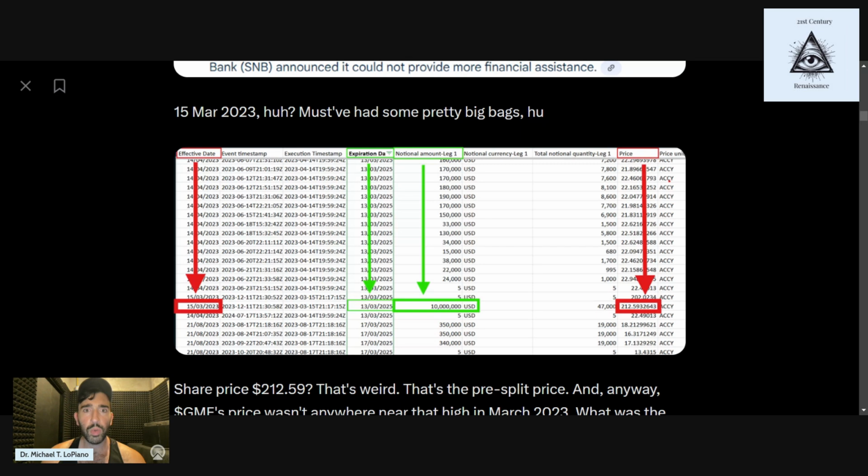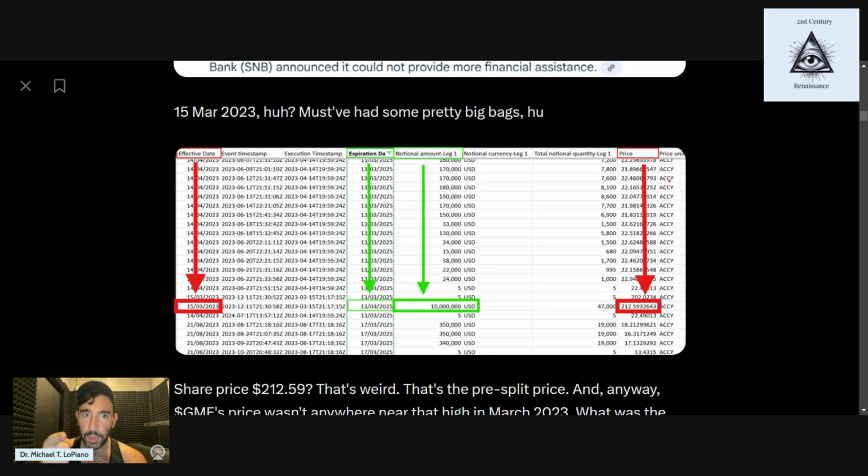And what's very interesting is we have other swaps that are coming due this day. We have a lot of notional value in other swaps coming due. But interestingly, these were all entered into back in April and March of 2023, when GameStop's post-split price, of course, the split was in 2022, right? All of the prices at the swaps around this single trade are all in the 20s, maybe a little bit lower. They all reflect prices from 2023.